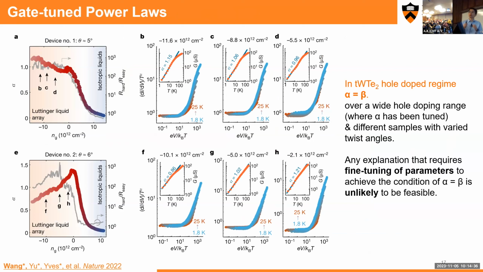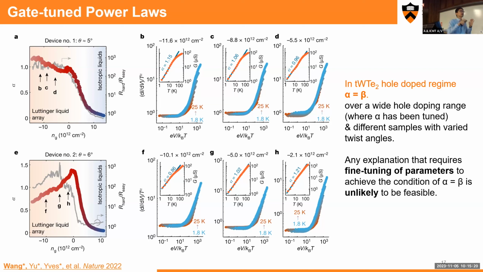But what we don't understand very well now is that, for example, for the 5 degree and 6 degree samples, we cannot really go down to millikelvin. The reason is that the resistance already goes to a megaohm, and for transport measurement, there's always a limit at a megaohm or 10 megaohm. If we go lower, we cannot reliably measure the resistance. So comparing the alpha here with the alpha for 3 degrees is not easy, because the alpha from 3 degrees is at a temperature about two orders lower, and I'm not sure it's fair to compare in this situation.